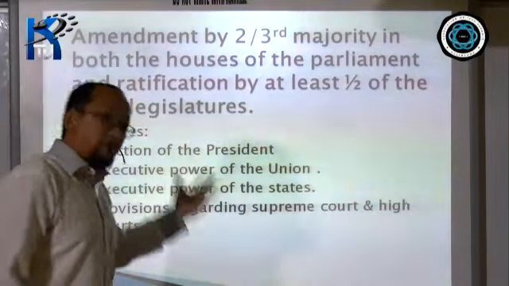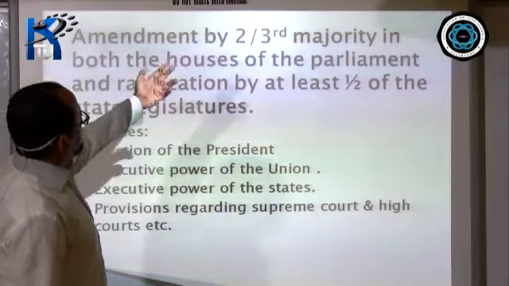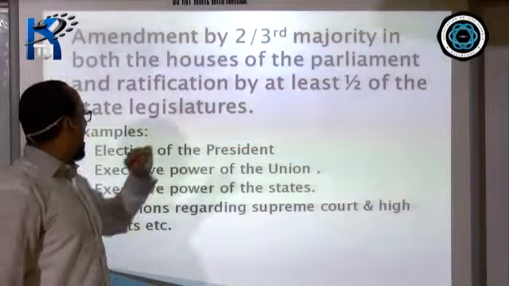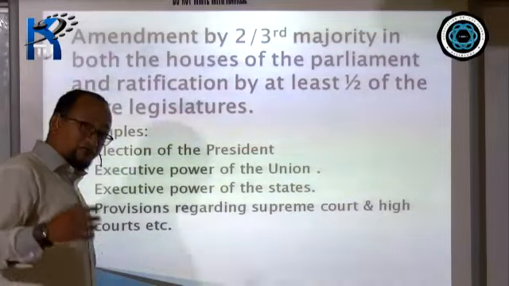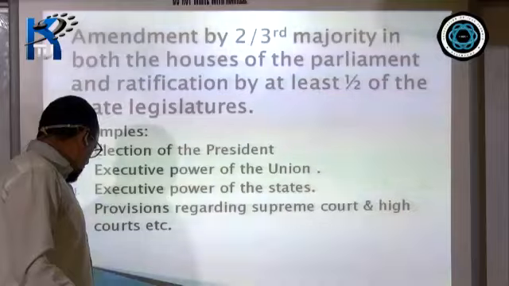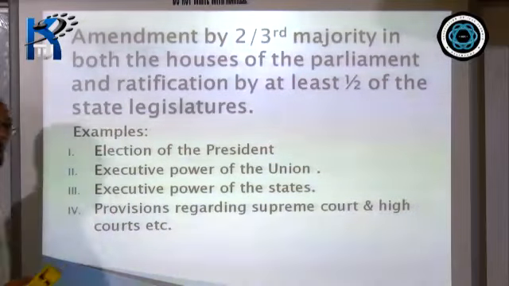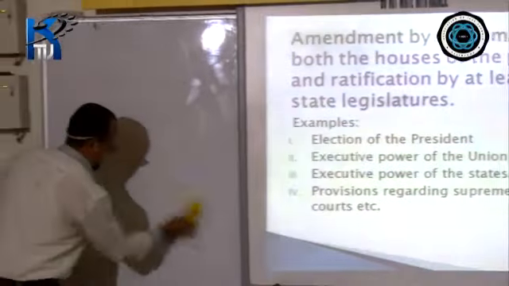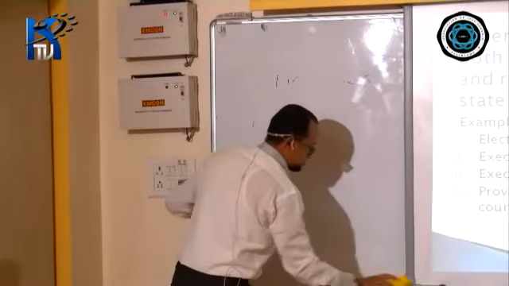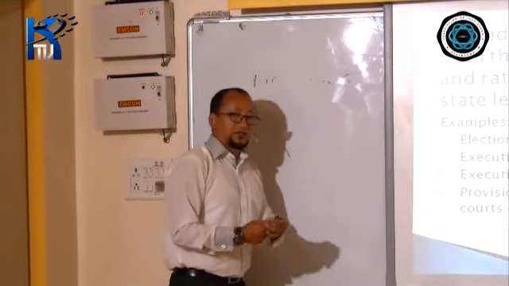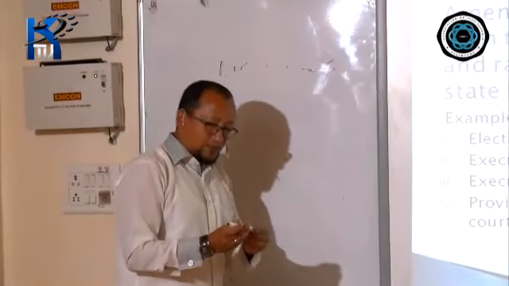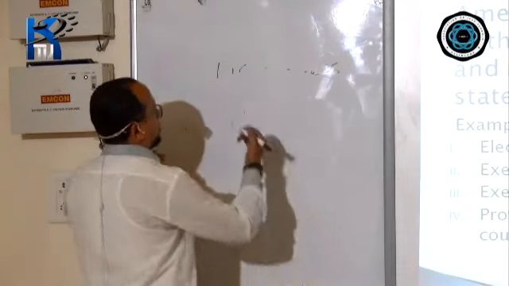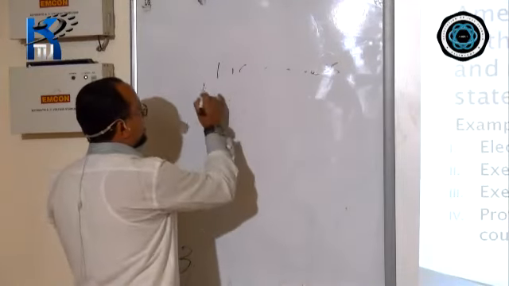A difficult way, all right? 2/3 majority of both the houses of the parliament and ratification by at least half of the state legislatures. I've tried to explain to you all, but I expect you all to see here on the board, please. It's quite similar to the United States of America, but there's a little difference as far as the ratification is concerned. Please look here. Union Parliament, again,